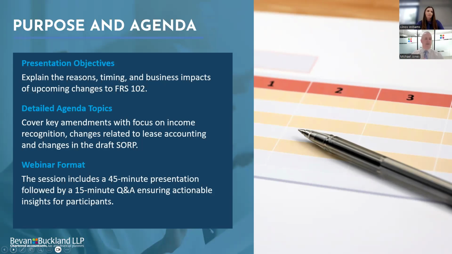The focus of today is that there's a couple of key changes. The main changes in FRS 102 are around income recognition and a new 5-step model, and the introduction of lease accounting more in line with international accounting standards. That's where the majority of our time will go. We haven't got the time to get into it in full depth, so lots of this will be higher level.